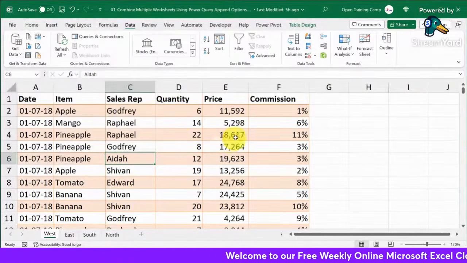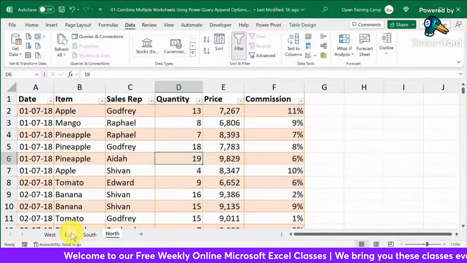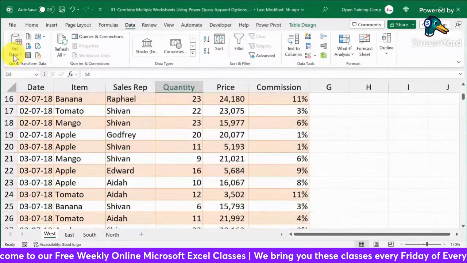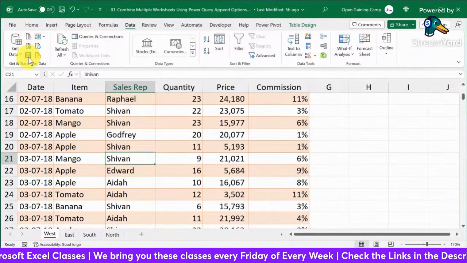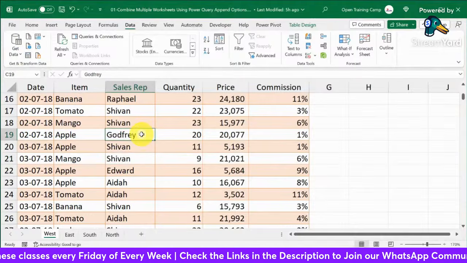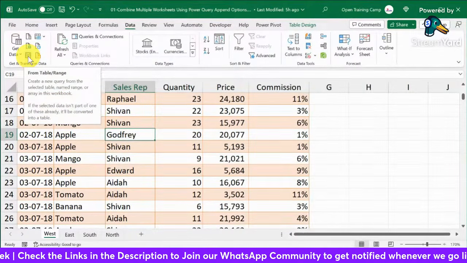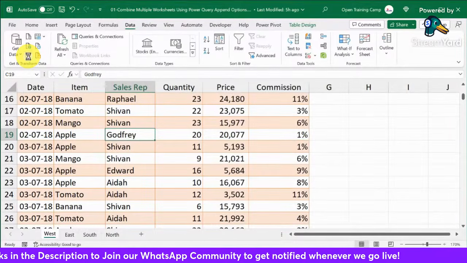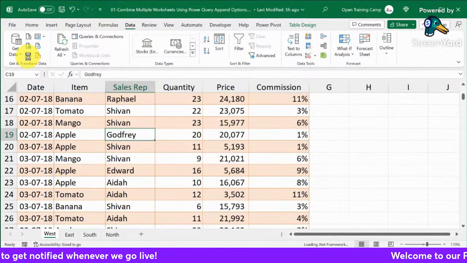But for now, because these particular worksheets are in one single workbook, we shall not use the Get Data drop-down options. We shall come over and locate where there is an option called From Table/Range. Click in the table, come over to this option right here called From Table/Range, and click in here once. Depending on the speed of your machine, this will launch you into the Power Query editor